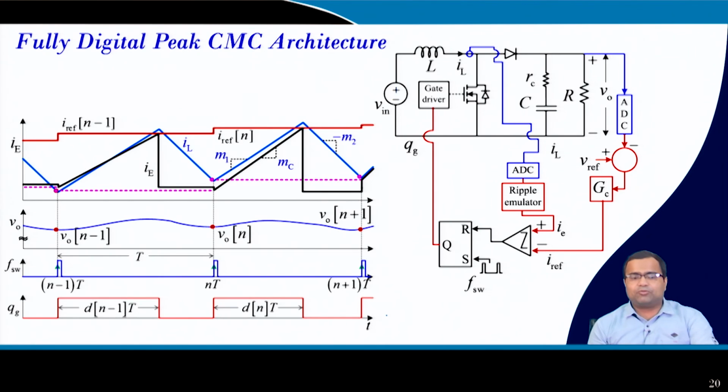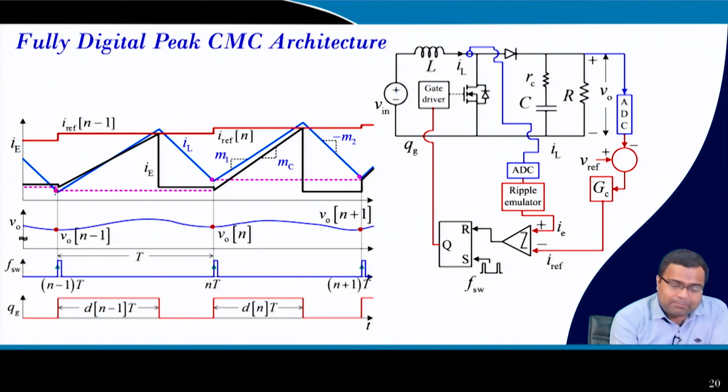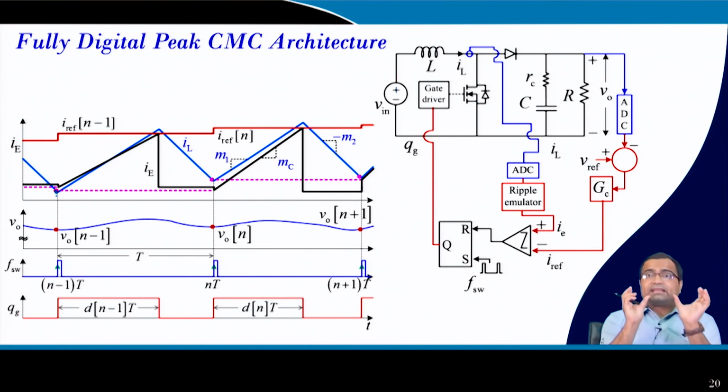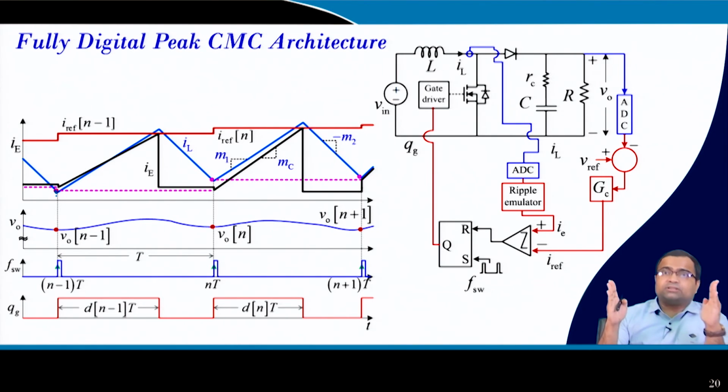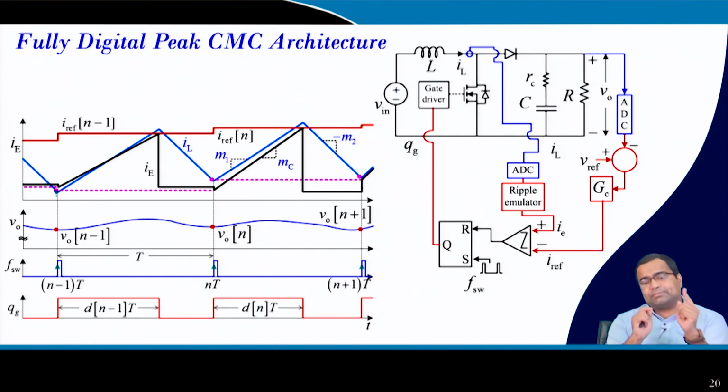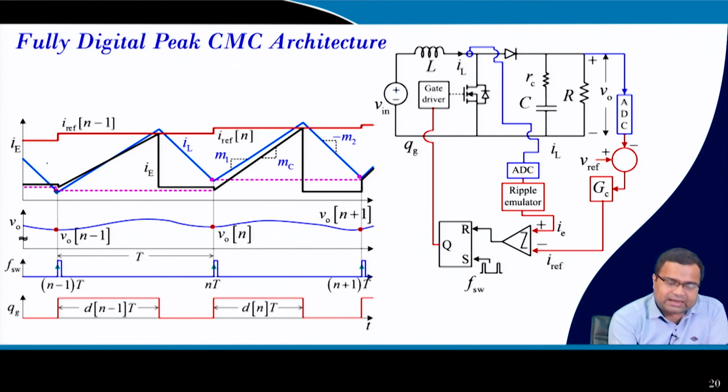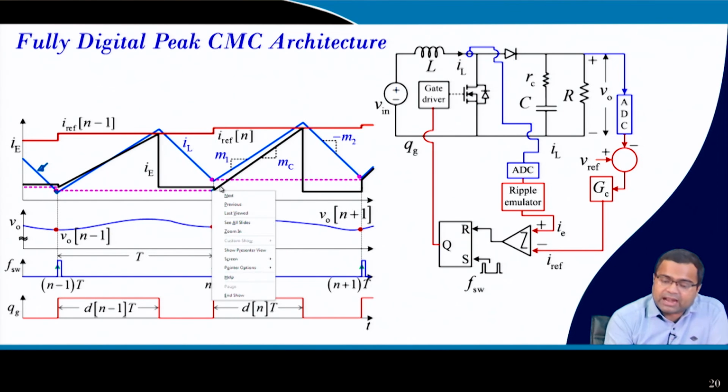How does the waveform look like? So, if we take the sample of the current, since you are taking the valley current sample and you need to emulate this, but as I said, when you send the sample command, generally it takes time to get the actual sample available because there will be A to D conversion delay. So, generally we cannot take the same sample and emulate in the same cycle. So, what is the common thumb rule? You take the sample of this inductor current in this cycle, but you emulate in the next cycle. That means, this valley current as it is extended here,